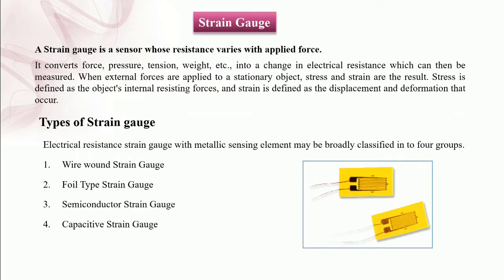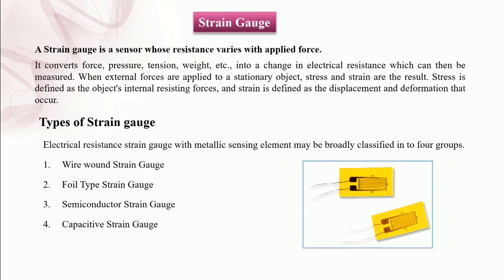So for that we need one special type of digital measuring instrument which is known as a strain gauge. Now a strain gauge is nothing but a resistor which is used to measure strain on an object. Okay, so it is also a sensor whose resistance varies with the applied force. When an external force is applied on an object, a deformation occurs in the shape